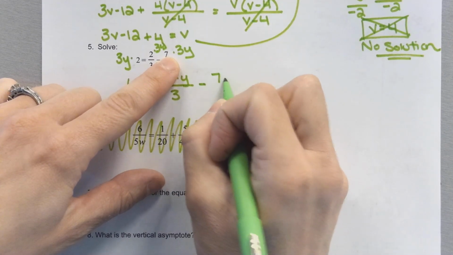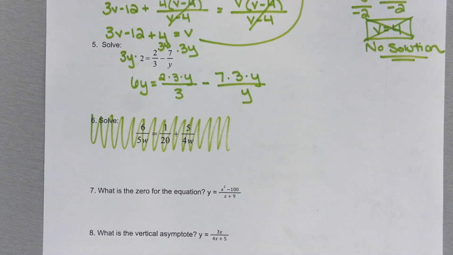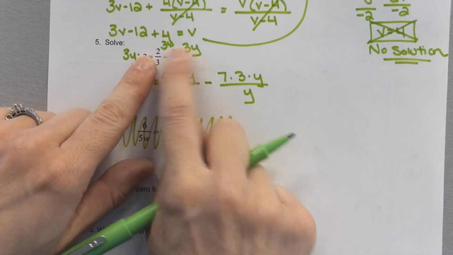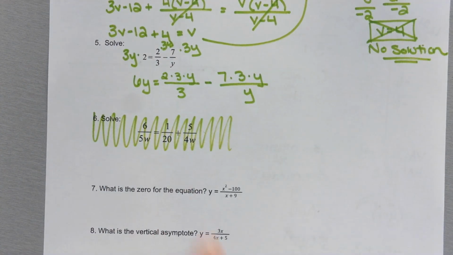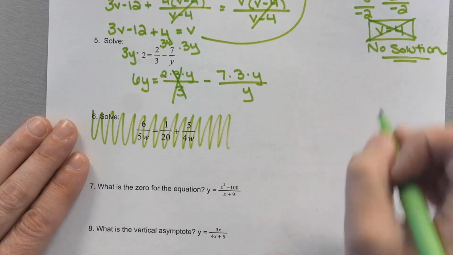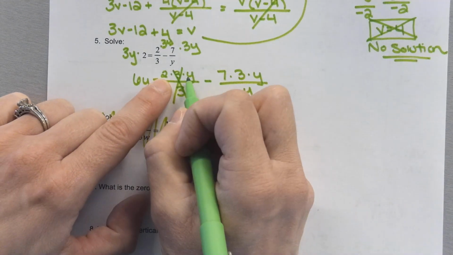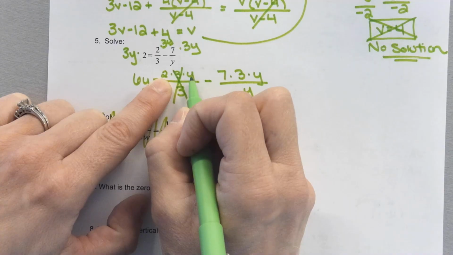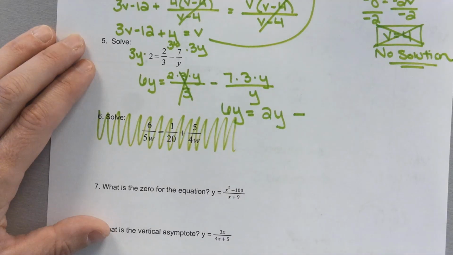Minus, I'm going to do the same thing here. 7 times 3 times y all over y. So I'm not even going to multiply stuff yet. Because do you see how something's going to cancel? Okay. So all I did is I just smushed them all together in the numerator. What can cancel in this fraction? The 3's. Bye, 3's. So now I have 6y equals, do you see how I just have a 2 and a y left? Okay, so 6y equals 2y minus,